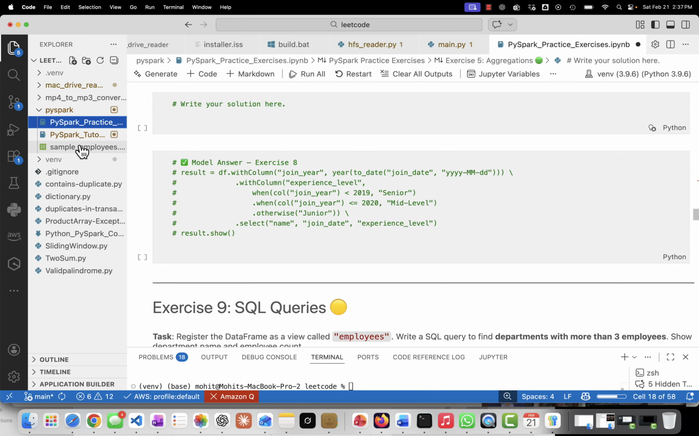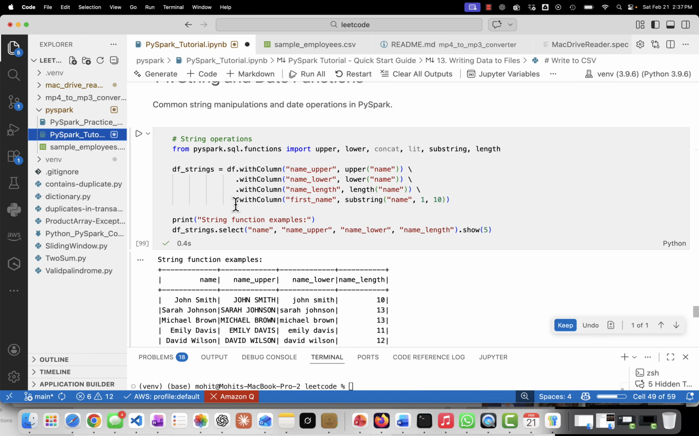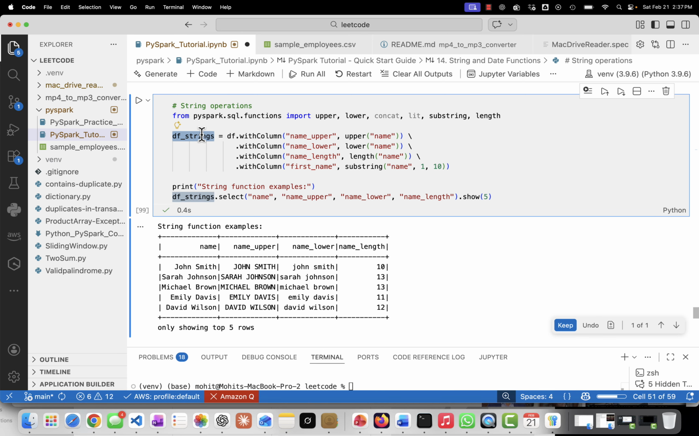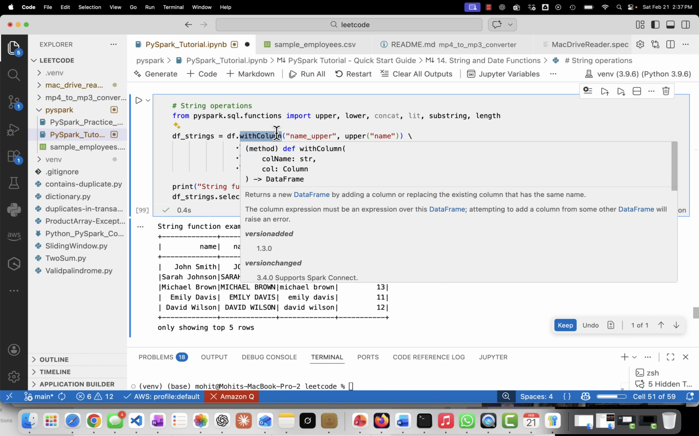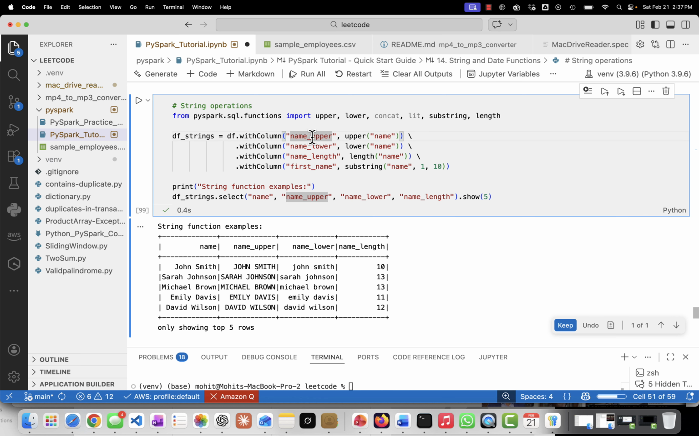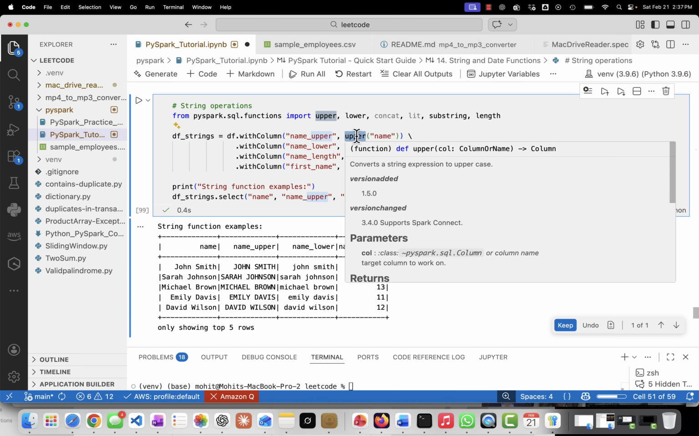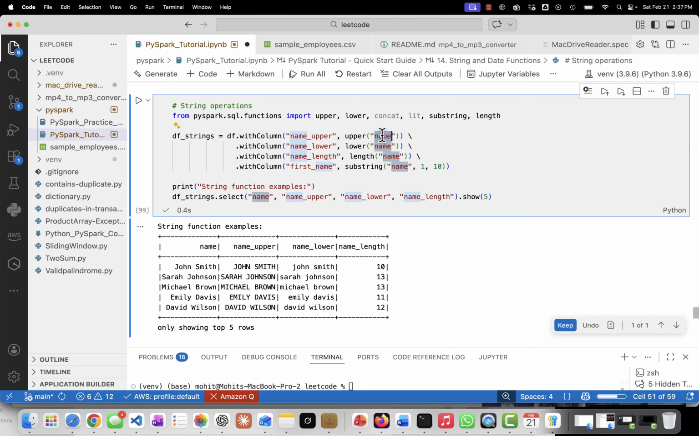So df strings, you are creating a new data frame with df.withColumn. The withColumn method is used to create a new column. You remember I told you in the previous tutorial. You are creating a new column here, name upper. And then what is the value you are providing? Upper, applied on the name column. So you can see here in this data frame